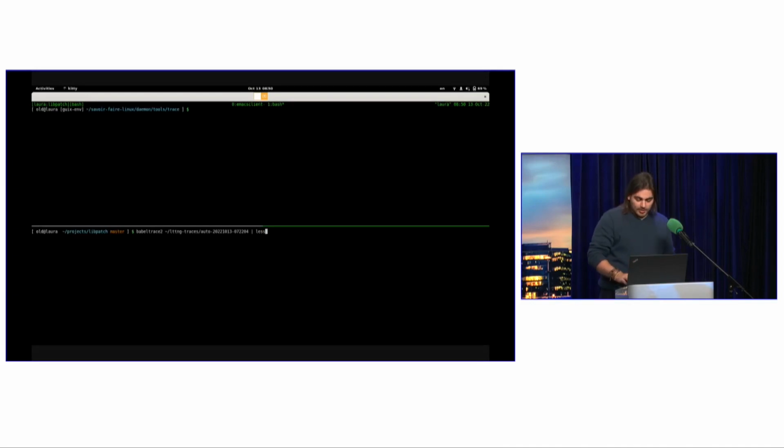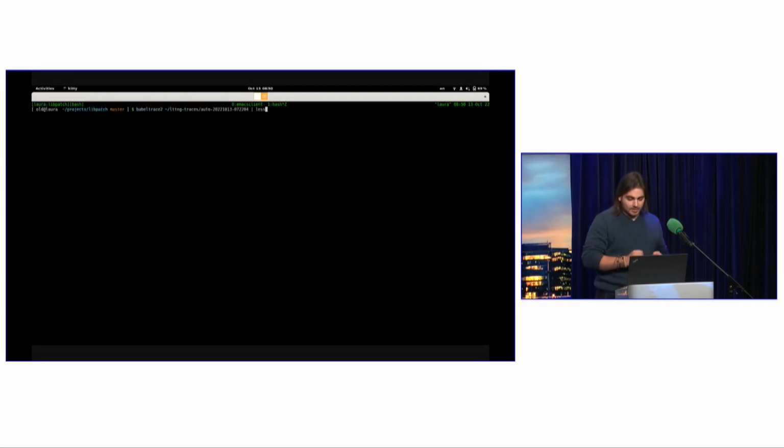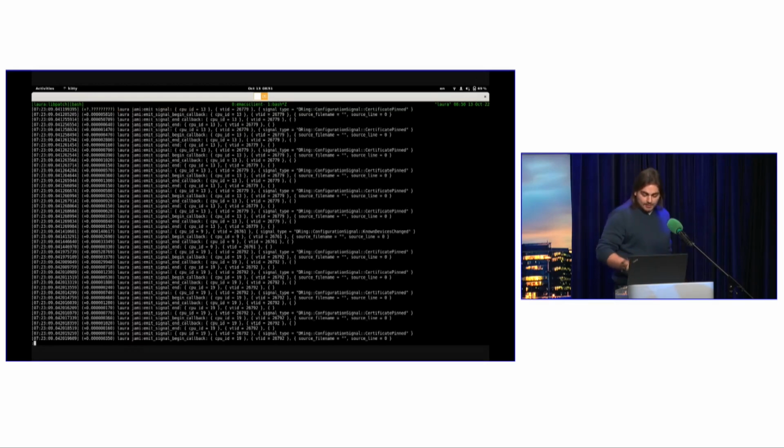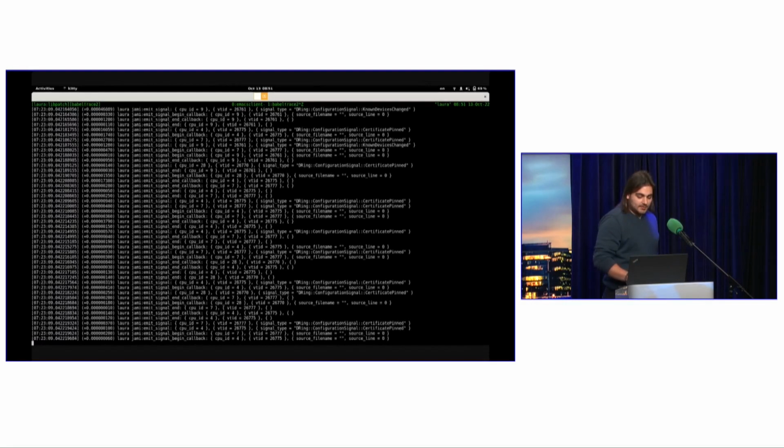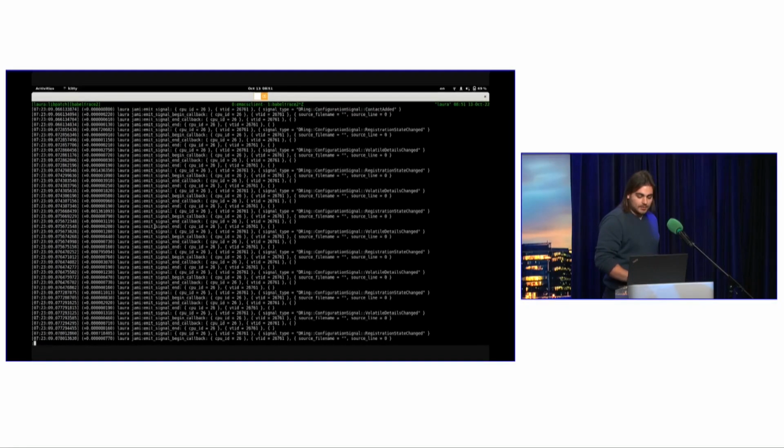If we look at just the trace, Babel Trace comes as a command line tool, and it has a default functionality called convert. When you pass it a trace, it can be any CTF trace, but in that case, it's an LTTng CTF trace. And if we look at it, we get all the events one at a time on each line. We can see the host, here Laura, and we have the timestamp. We have the signal, for example, that was emitted in Jammy. We have the CPU ID, and we have the virtual thread ID because I've asked LTTng to add this context